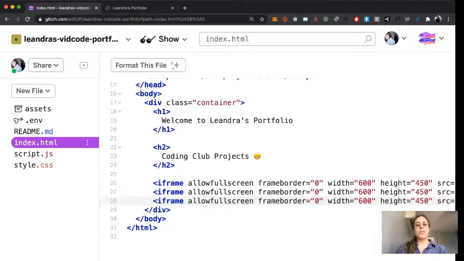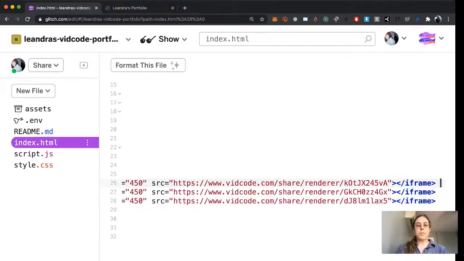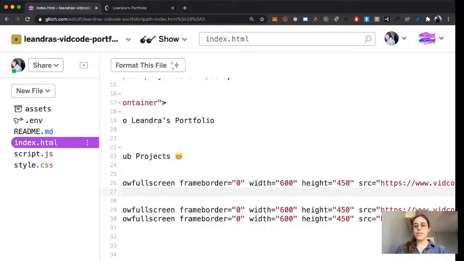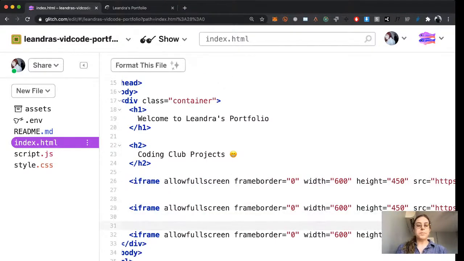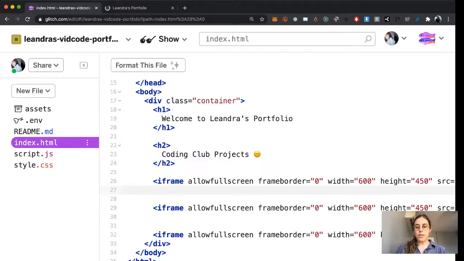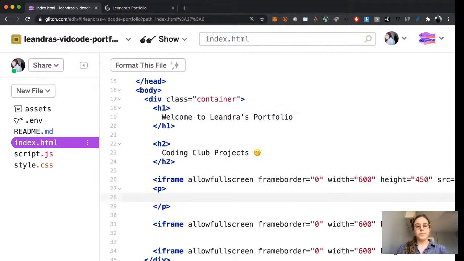So the next thing I'm going to do is add paragraphs under each of these. I'm going to think of them as labels that add a bit more context to the projects for whoever finds their way to this website. So I'm just going to add a paragraph tag. Paragraph tags are where most of your text is going to go. It's just the default. To add a paragraph tag, you just add an open caret bracket, a P, and a closed bracket, and that's what that looks like. And then inside of it, I'm going to say